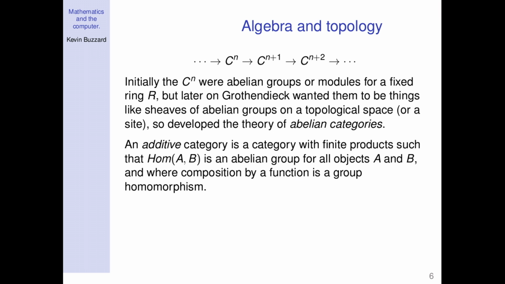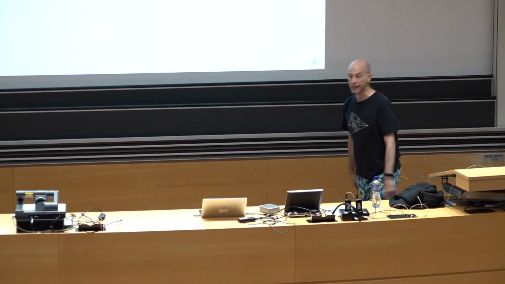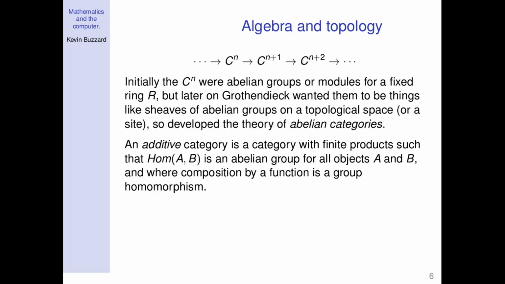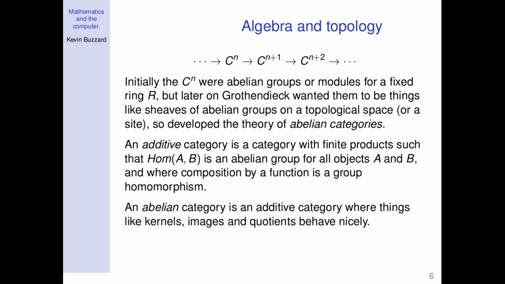So what's an abelian category? Well, first I'll tell you what an additive category is. A category is just objects and morphisms, and in an additive category, the collection of morphisms from A to B is an abelian group. That's the key new thing that separates additive categories from categories. And certain natural things are group homomorphisms. An abelian category is an additive category where we demand quite a lot more. We demand that our objects are very well behaved. You could summarize it by saying kernels and cokernels exist and have the properties you would expect of them.